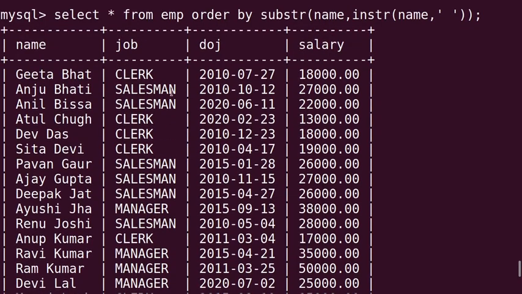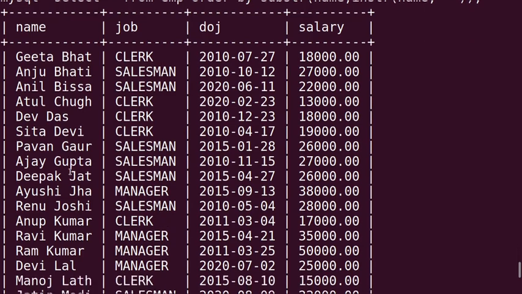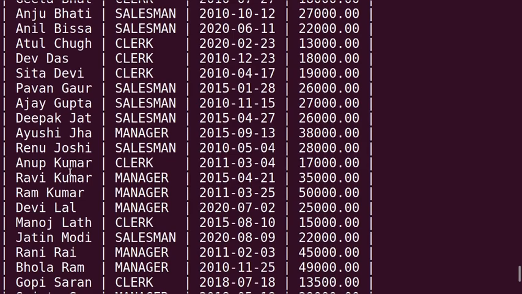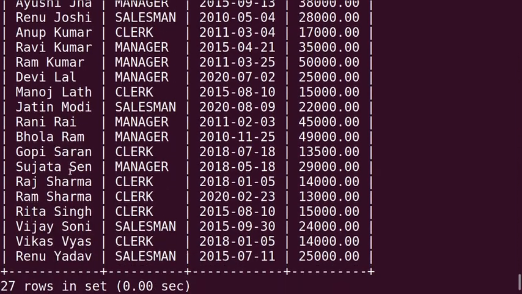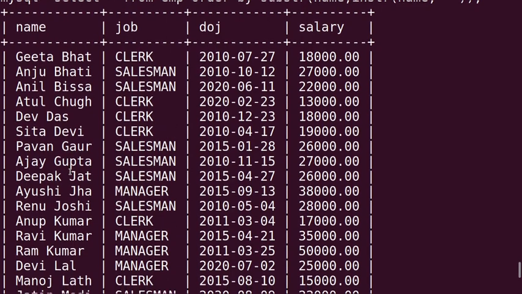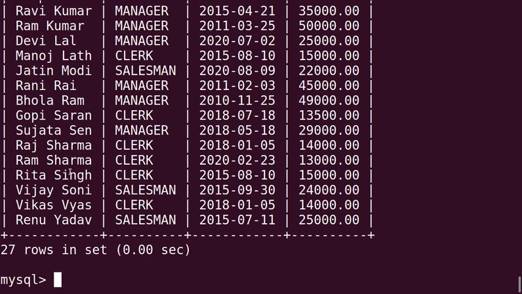If you see the output here, within the name you can see this after space surname starts. So first the surnames with B you can see, then C, all the surnames. If you see, you can make out all the records are sorted based on their surnames only, right? Hope it is clear. Then let's go back to our presentation.